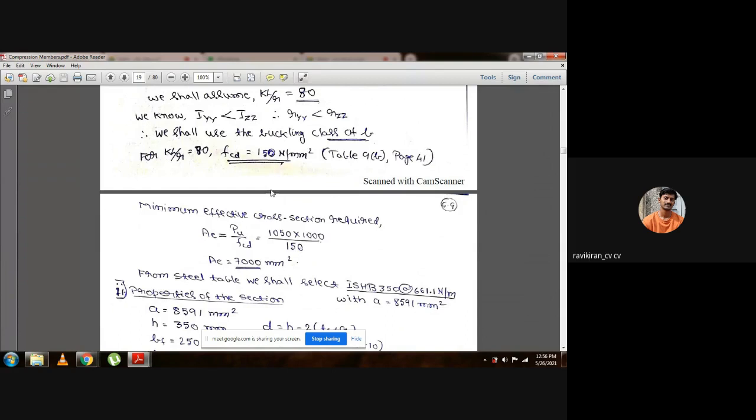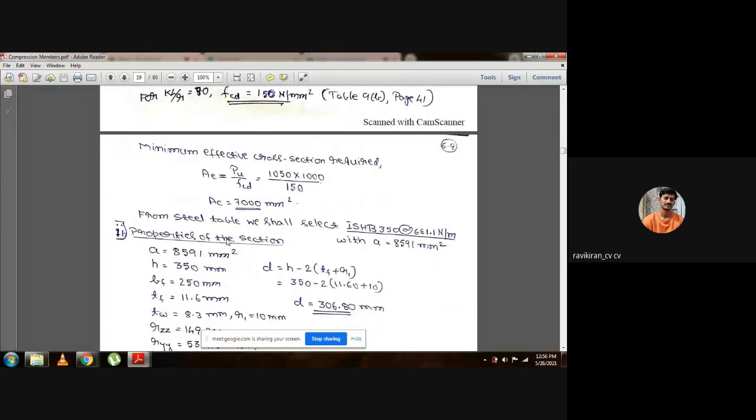So with this, what we got, minimum effective cross section required is, we know that P, or ultimate load, is equal to area into FCD. So here we just taken out the area because we should select a section. That section will be based on area. So area is equal to PU by FCD. PU is the given ultimate load, and FCD we just got from an assumption, that is 150. So effective area what we received is,